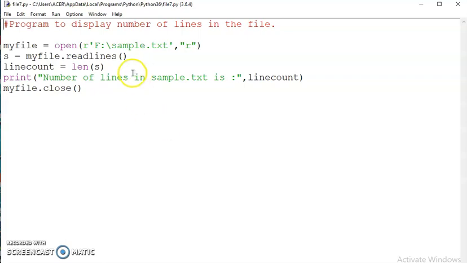Here we are using readlines, so it reads line by line. line_count = len(s). Print the number of lines in sample.txt is line_count. Then myfile.close(). So let us run the program.